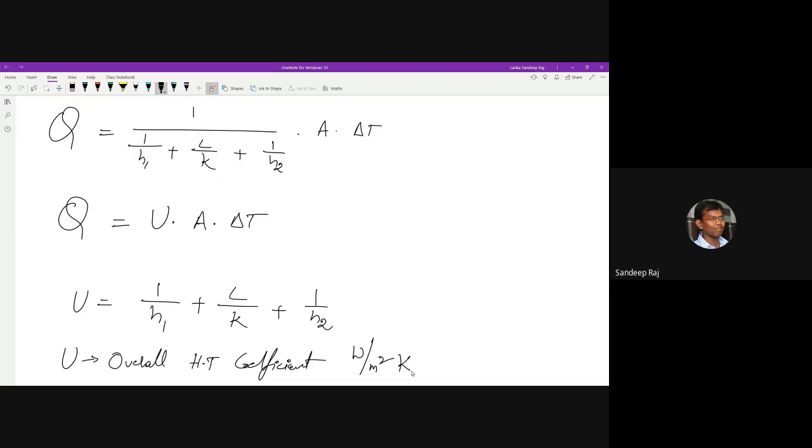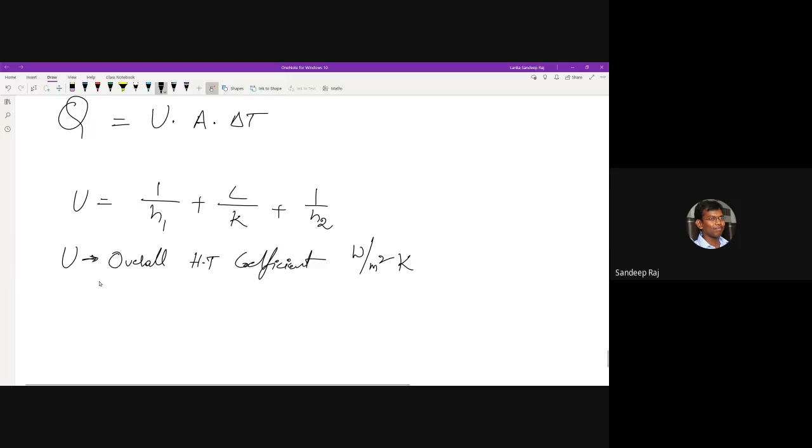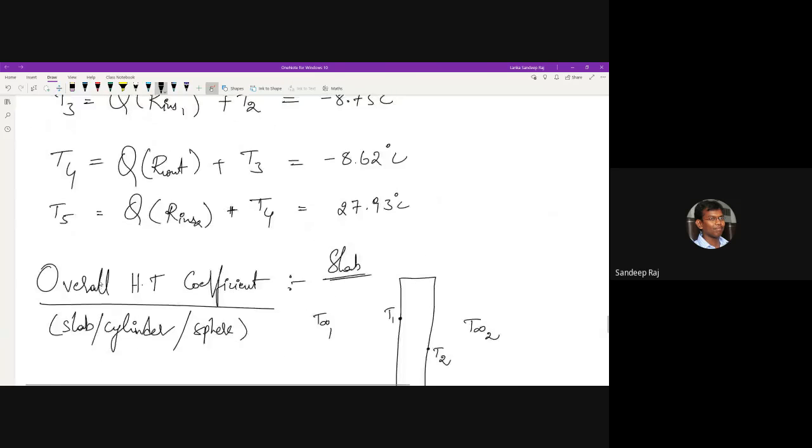It is nothing but watt per meter square Kelvin, because it is simply 1 by H. So if you take the unit of H, it is watt per meter square Kelvin. So U is nothing but the overall heat transfer coefficient. Now, if you want to find this particular U in the problem that is given to you here,